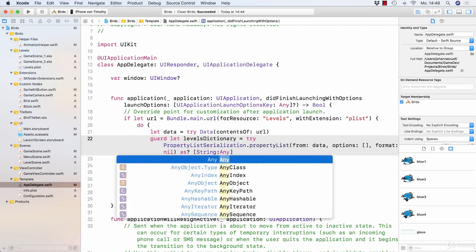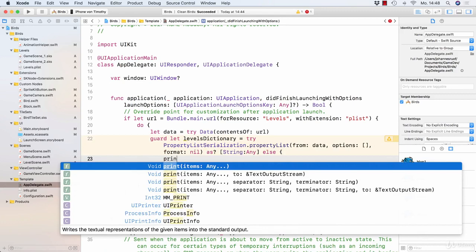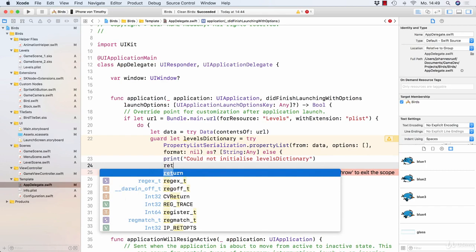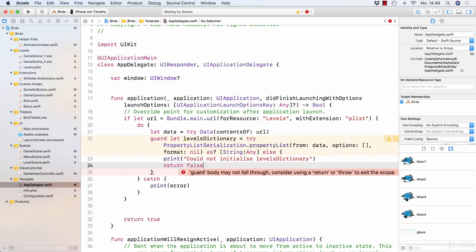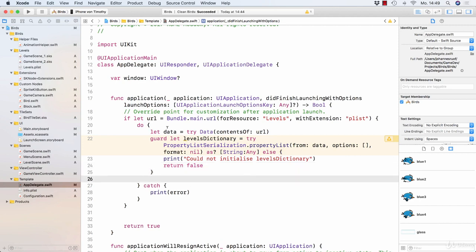If this doesn't work, I will, in the else part of this guard statement, write print and then pass "could not initialize levels dictionary" and also, with return false, abort the method. This way, we can in our console see if anything doesn't work here and are able to abort it. If this does work though, and we successfully initialized a dictionary, I want to set this dictionary for my type